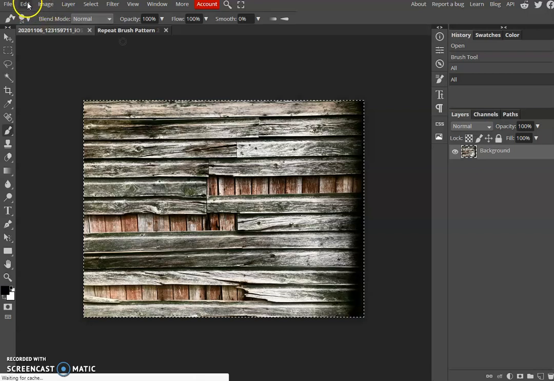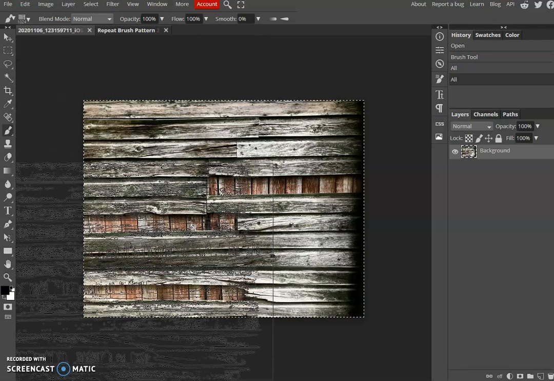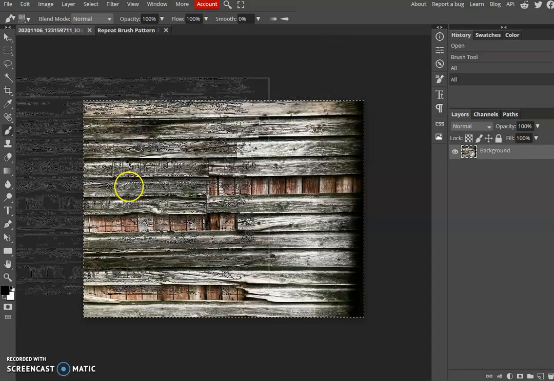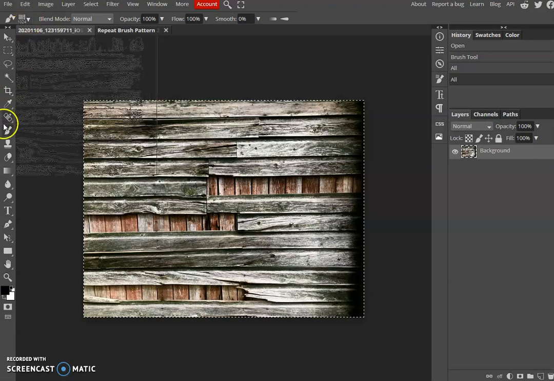So the next thing you need to do is go to Edit. You need to go to Define New Brush. Click on Brush. And you can just see that it's appeared on the top of the screen there, the brush has been added. So what this means for you now is if you now click on your brush tool here,